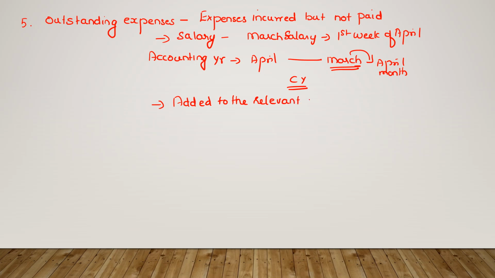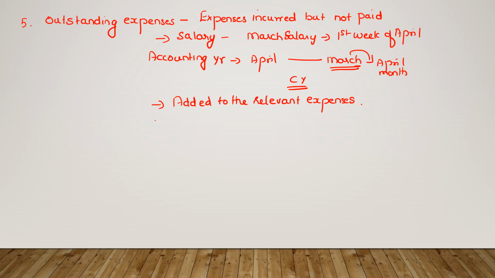In our example, the salary of 4,000 which was still to be paid would be paid in the next month. But in the accounting year, when salary is debited to the profit and loss account, we should write 44,000 and outstanding 4,000, so totally 48,000 should be the salary expense charged to the profit and loss